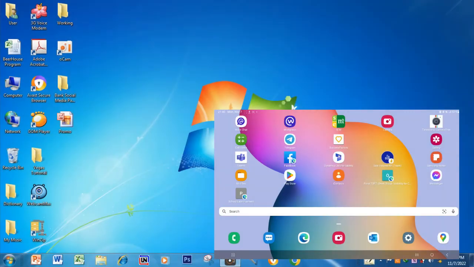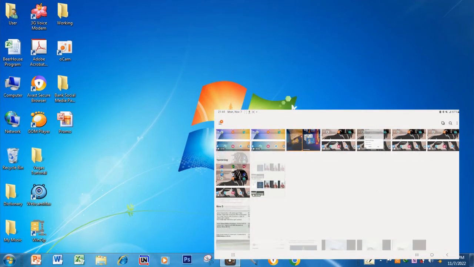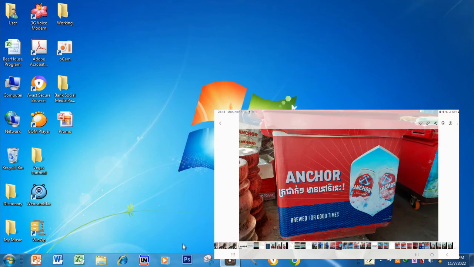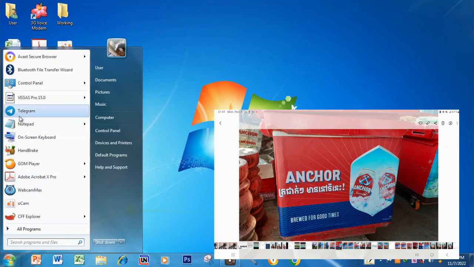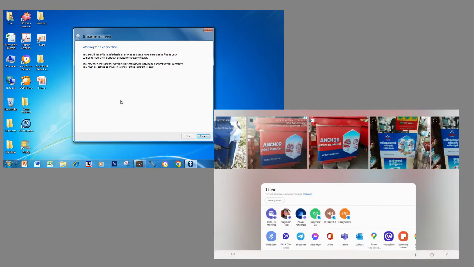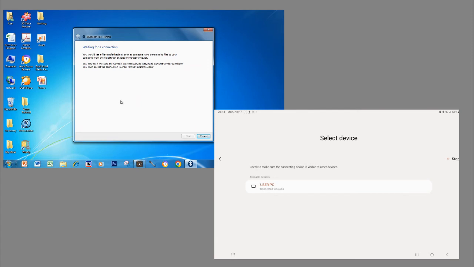Now it's time I want to send file from my smartphone, my tablet to my computer. So what I have to do is I just go to file that I want to send to my computer. Example, I want to send this file or this picture, and I come back to my computer and go to Bluetooth File Transfer Wizard again, and click on the word receive file, and I go to share my picture on tablet on Bluetooth, and go to available device. It's my computer. I click on it,